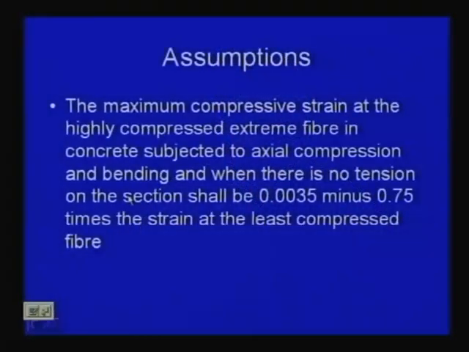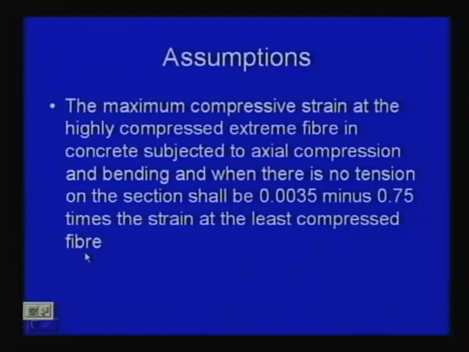So, let us start part 2 of design of columns. In the last class we stopped, we are discussing the second assumption specifically for compression members. It says the maximum compressive strain at the highly compressed extreme fiber in concrete subjected to axial compression and bending, and when there is no tension on the section, shall be 0.0035 minus 0.75 times the strain at the least compressed fiber. So, let us draw